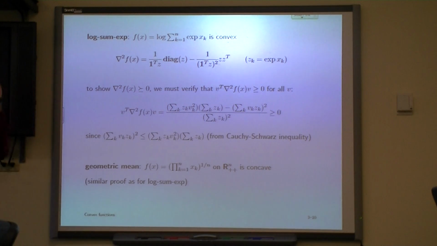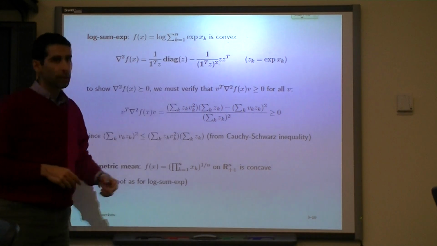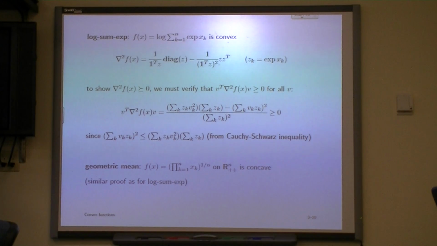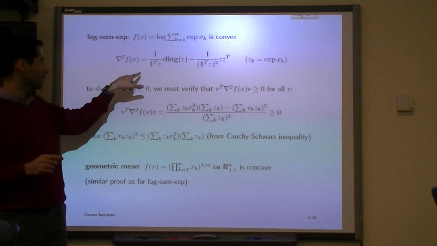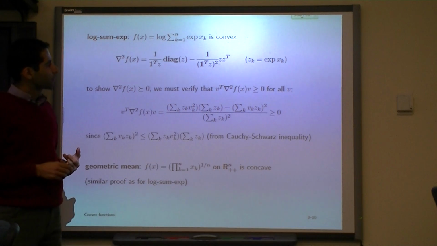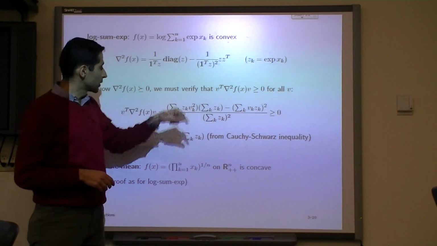For the log sum of exponential, this function is convex. For proving it's convex, we need to calculate the derivative with respect to xi, xj for each coefficient of x, and after calculating all of them, we can express it as this matrix term. This term is a quadratic and it's always positive,